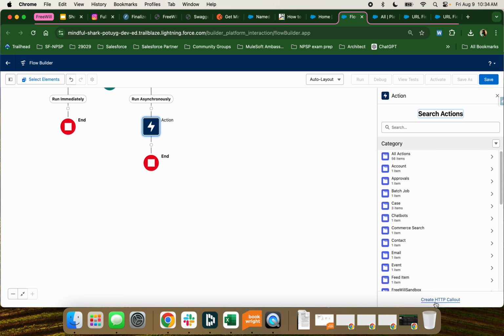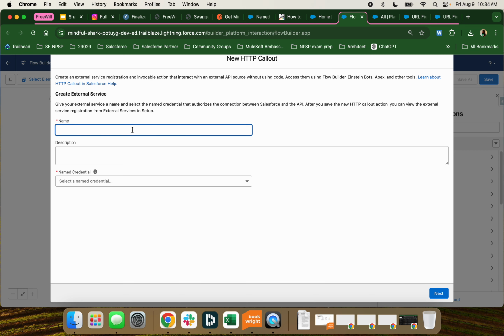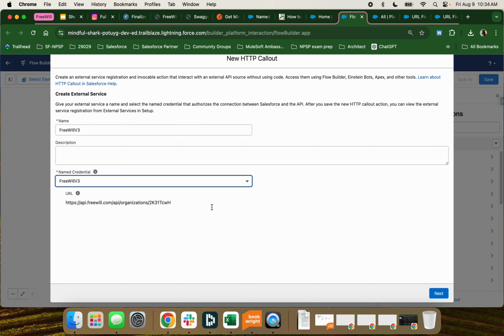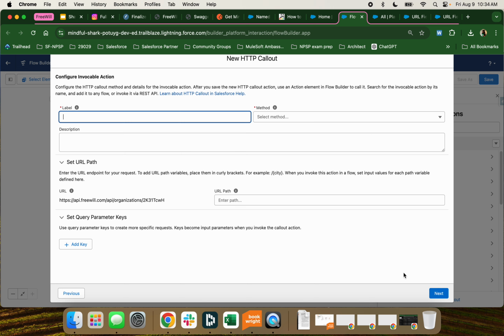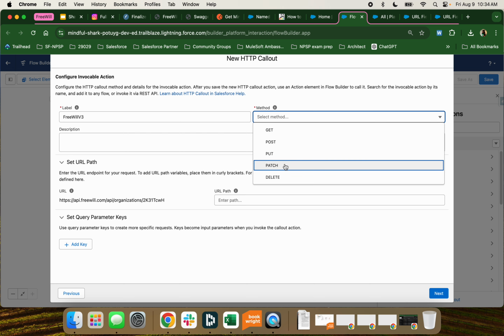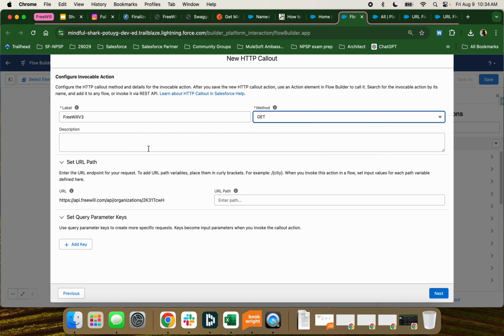and this has changed since the last update. So we will just go straight to create HTTP callout, and then the name, freewheel version 3, and then I get the name credential for my version 3 that I'm doing, which has the correct URL. Hit next. I don't think I can name this version 3 again, but we'll try. It is a get method. Since I'm getting records, I'm getting updates. The URL path is,